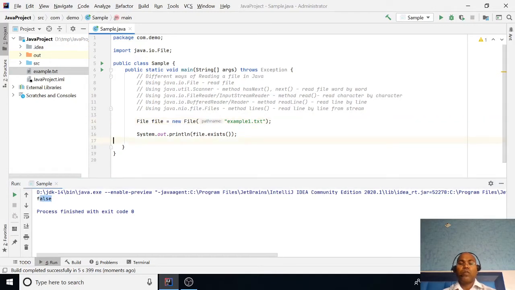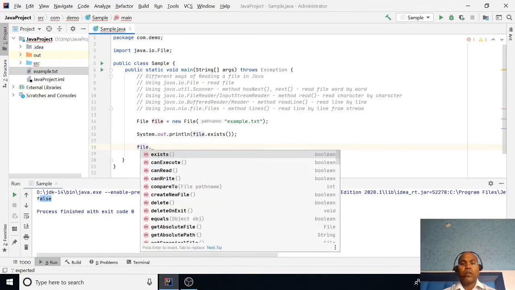So first thing, now I want to read the content of this file, not the file name, but what is inside the file. How will we do this? If you notice, this file object does not have methods like read file. It has can read, can write, and create new file.